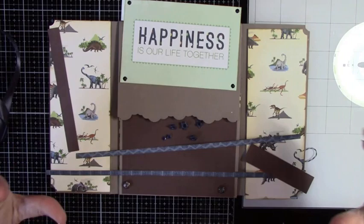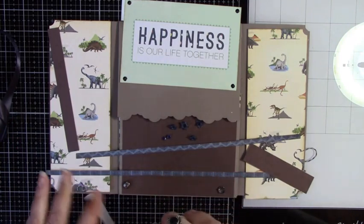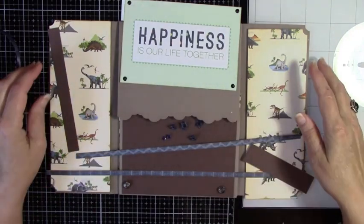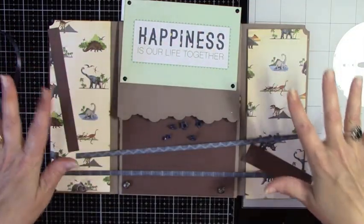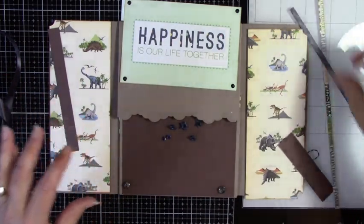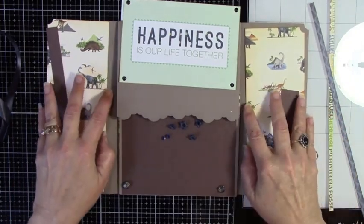Okay, getting to work here. I've got lots of stuff. Darn it, I forgot to tape my thing. Lots of stuff going on this page. So, let's get started. Okay, first, this center section, I've got all my pieces and parts. A few of them are not actually cut yet, but